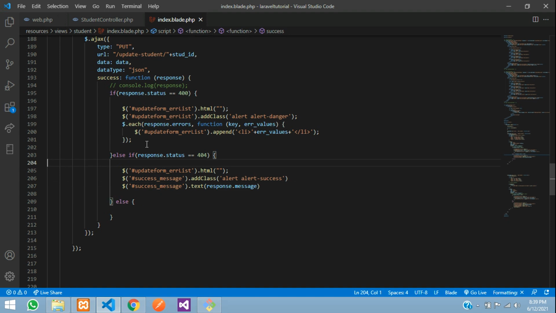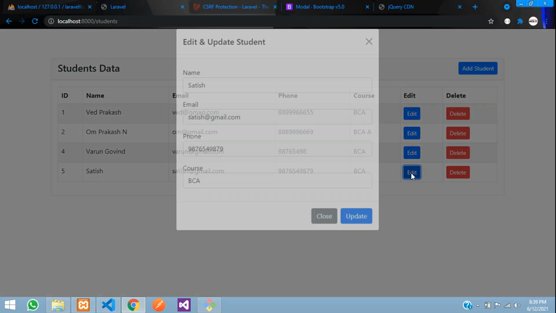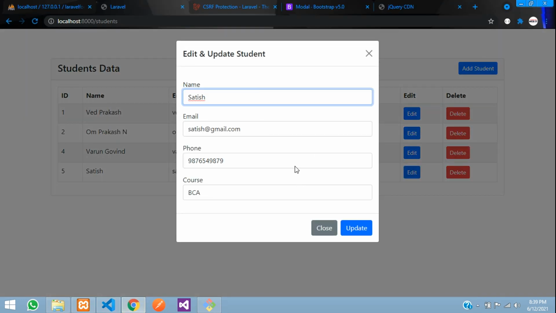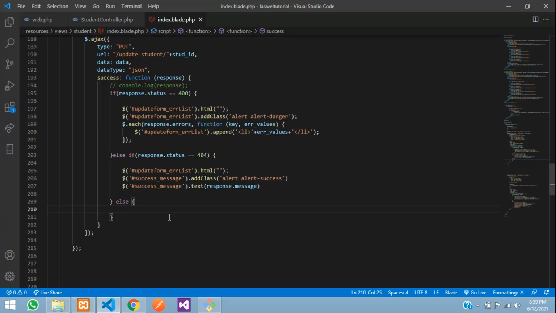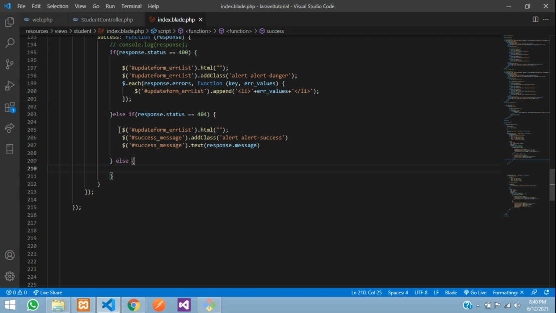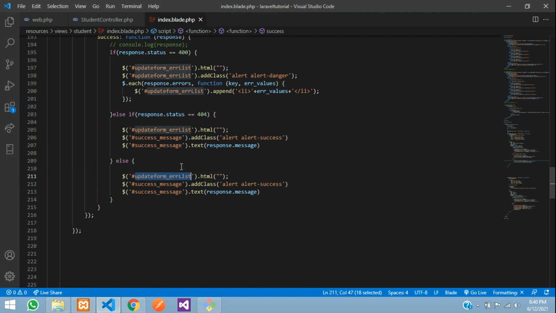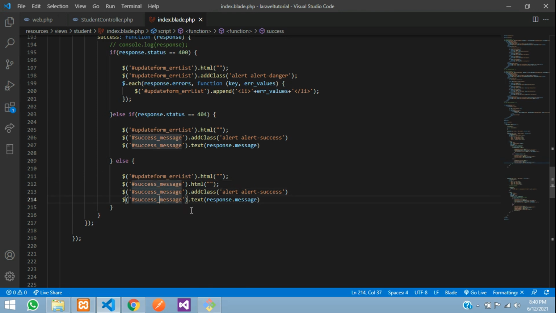And now if both of these don't come, then you are going to the success one. So at this success, you are going to show that, like when I edit this Satish, it should update the data, empty the table, and close this model. Okay, so let's type it, guys. So guys, once updated, we want to show the same messages. Okay, so I want to clear all the update list and show the success message over here. Okay, so in the same way you are going to copy and paste whatever the message is there, you have to clear that first and then you have to display the message.